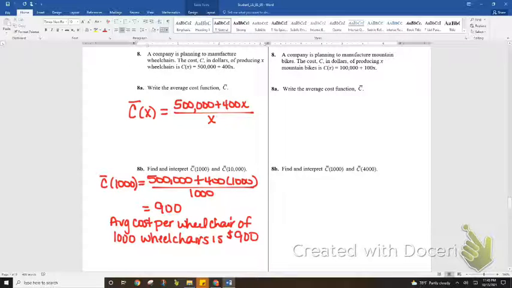Alright. So let's find the average cost of the 10,000. So 500,000 plus 400 times 10,000, all divided by 10,000. Alright, so we can put that in our calculator. But if I did this correctly, I got that it's 405. So the description is going to be the same. It's going to be the average cost per wheelchair